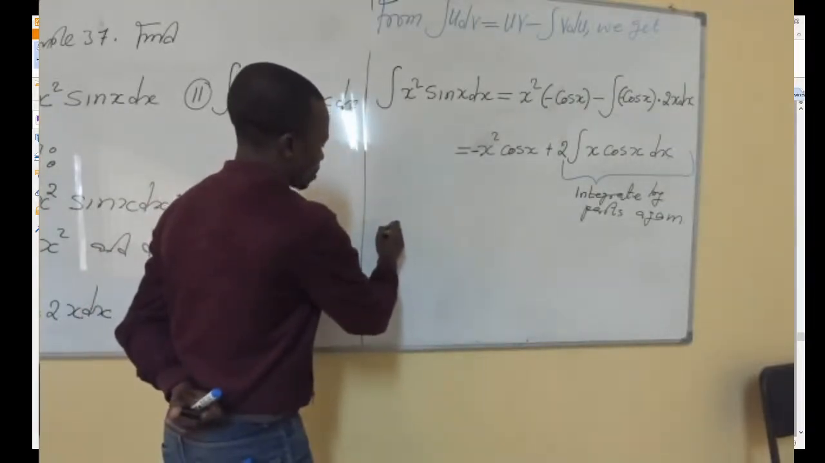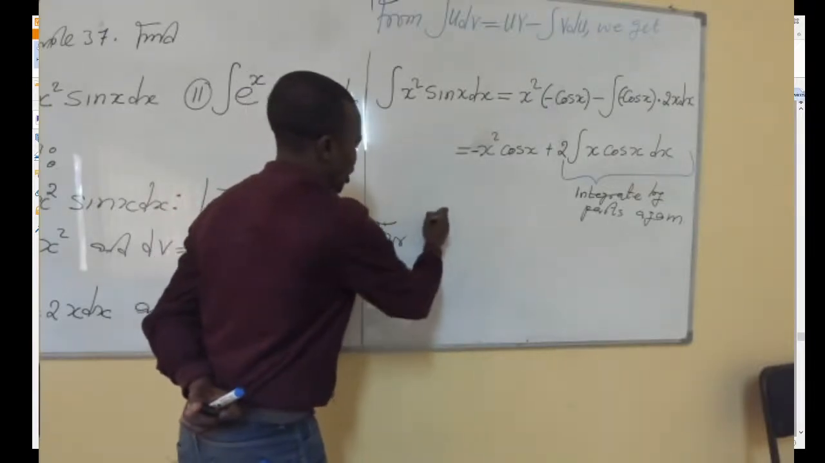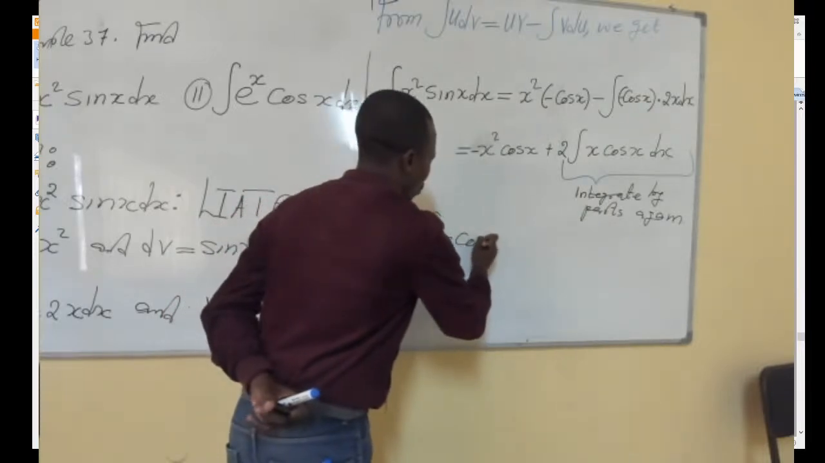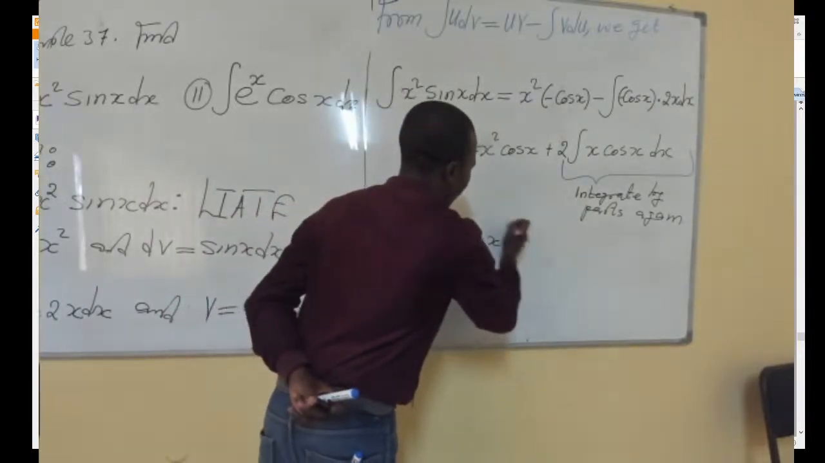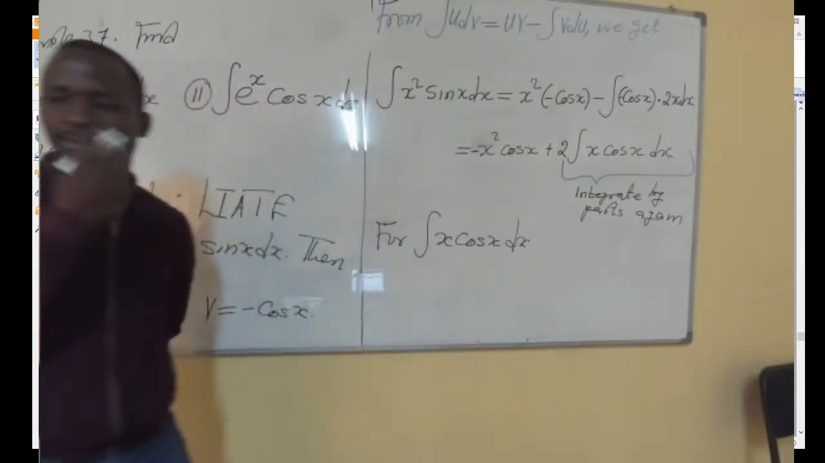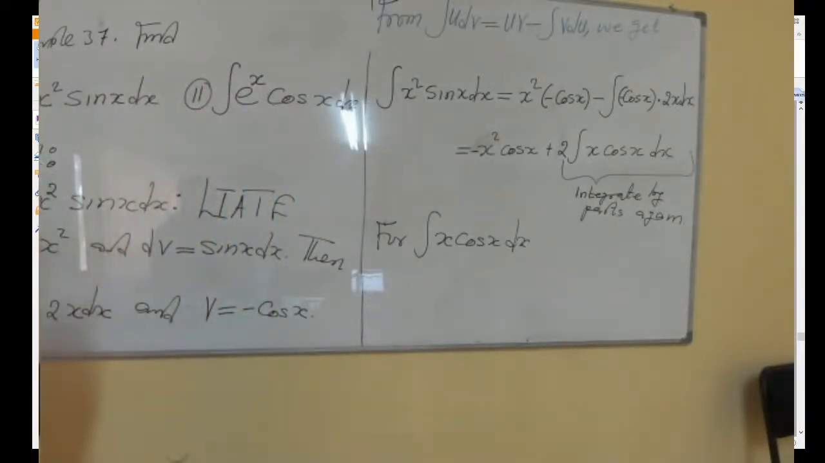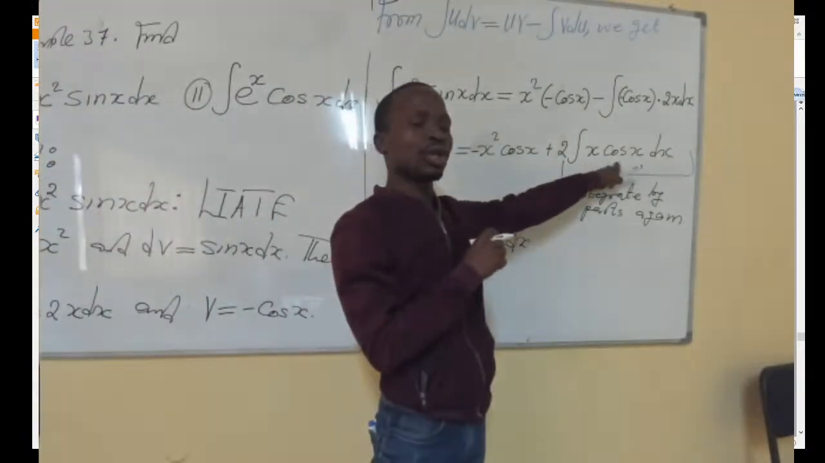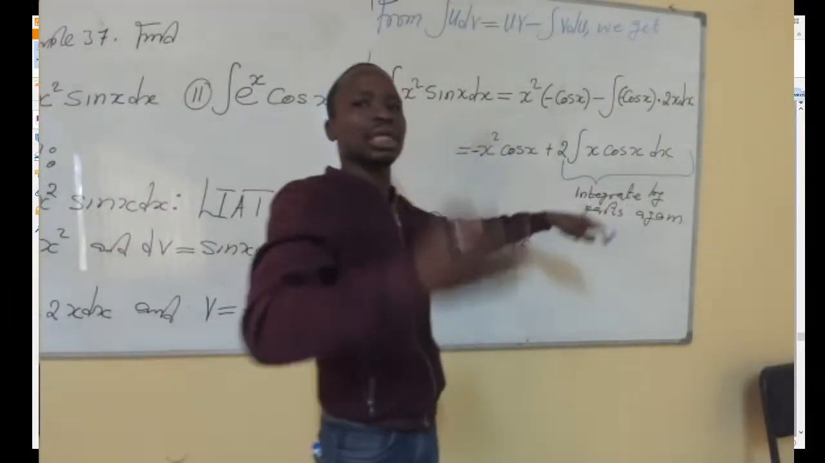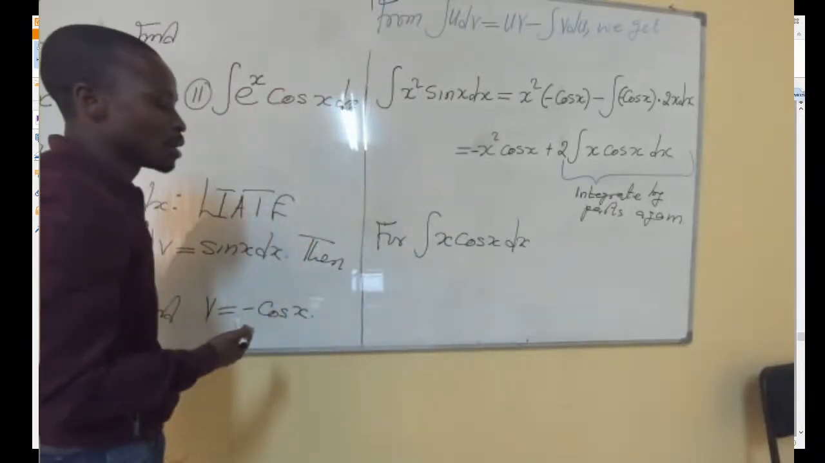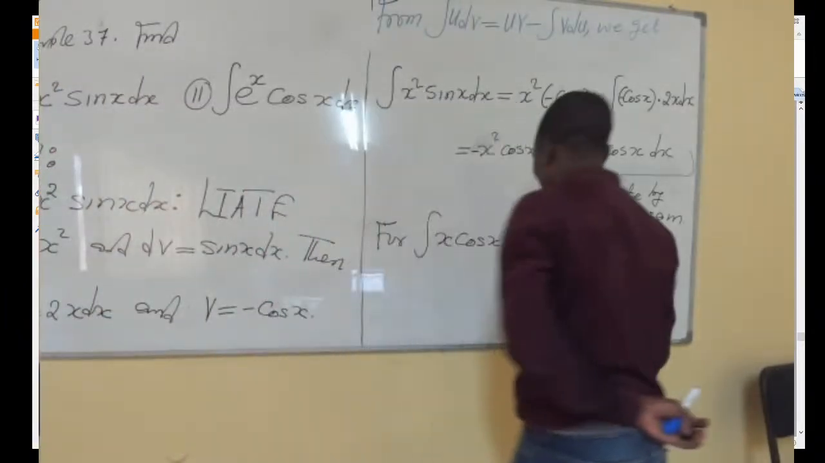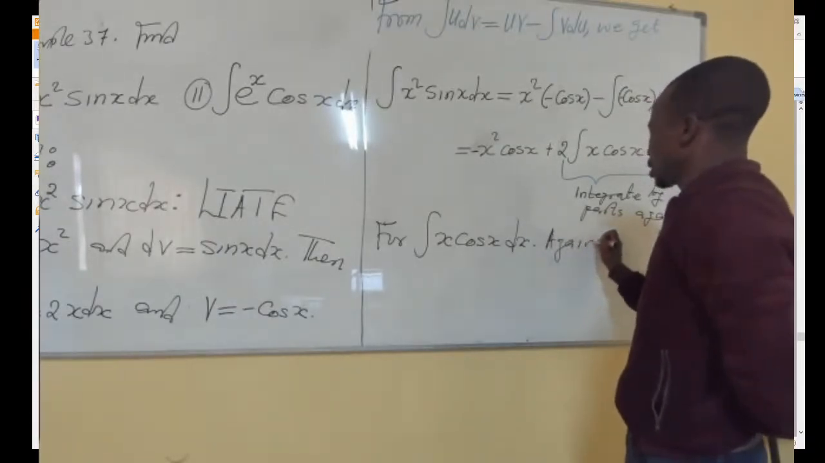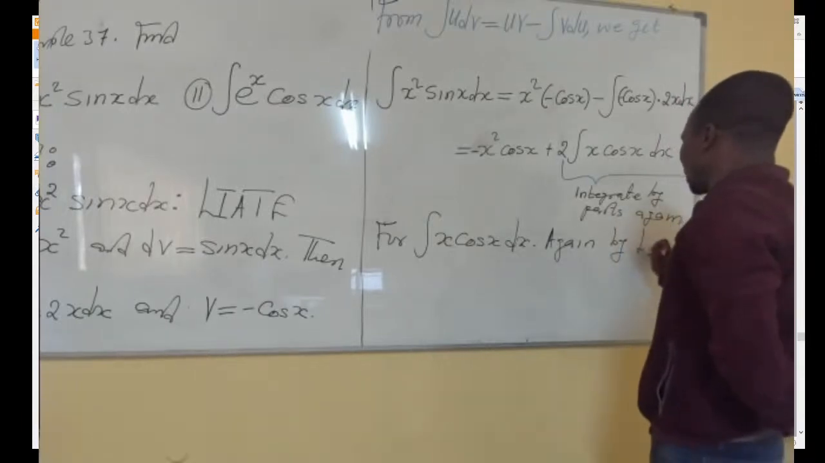We need now to integrate by parts this x cos x dx. After we integrate it by parts, because this is a part that we really need to integrate by parts for us to arrive at our answer. For this one, again following LIATE,